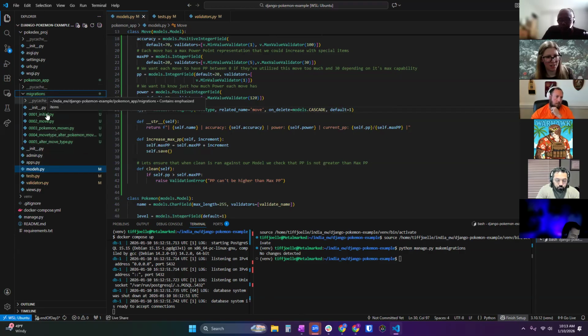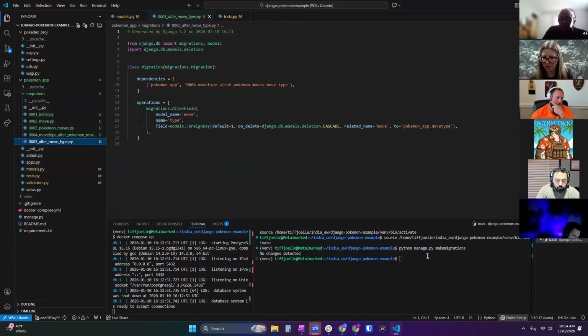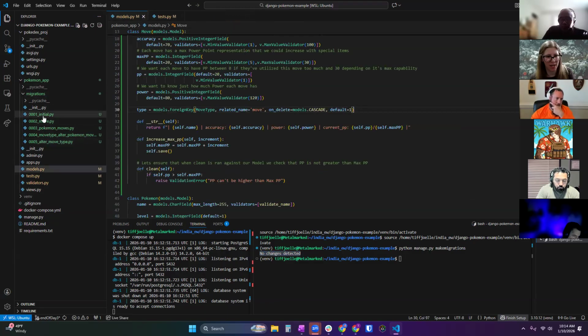So because we still have, oh, I wonder then if I should get rid of these. We'll see if I can make migrations, but all these migrations have already happened on the Django side. So nothing has changed. We haven't added anything. All these migrations still stand that we've made. They're just not in the database yet.